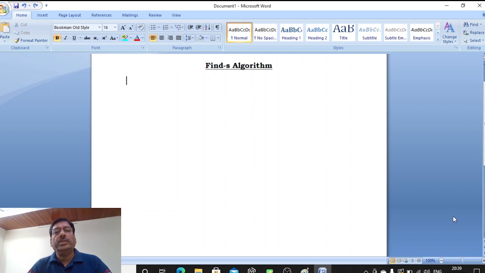Today we'll try to understand the Find-S algorithm. Find-S algorithm is basically used in order to find the maximally specific hypothesis in a given hypothesis space. So we'll try to understand this with the help of an example, for which I will consider this as a data set wherein you will see